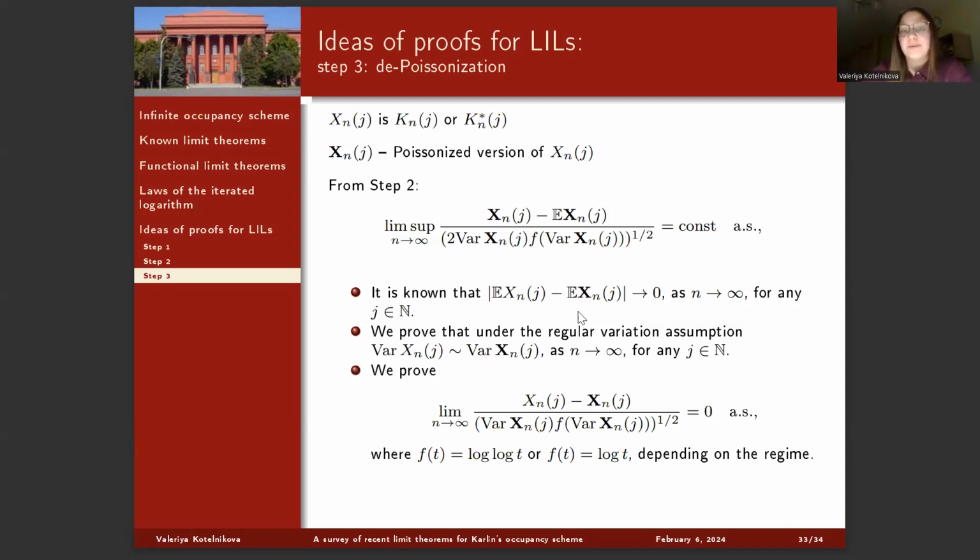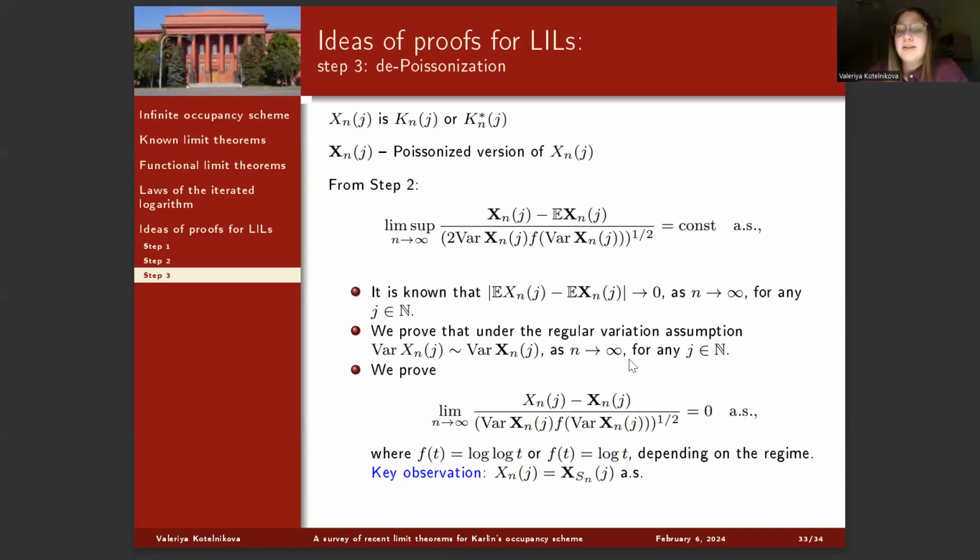And the third step is, okay, finally, we are able to substitute mean and variance, are we able to substitute the Poissonized process X with the deterministic process X here? In order to do it, we need to show that the deviation of the deterministic process from the Poissonized version is negligible compared to the denominator. And how do we do it? The key observation there